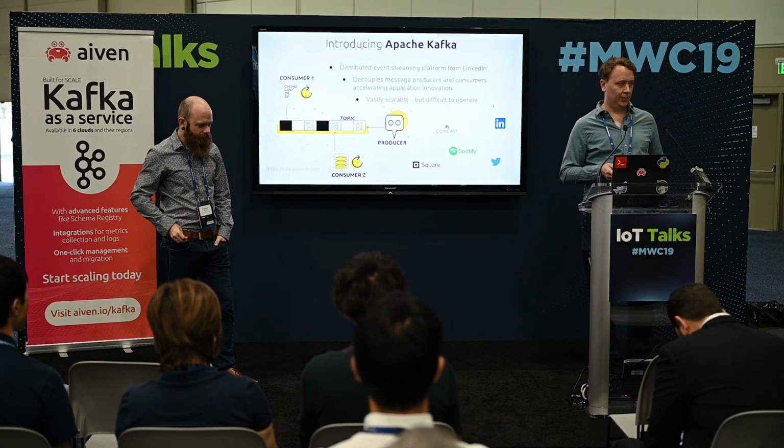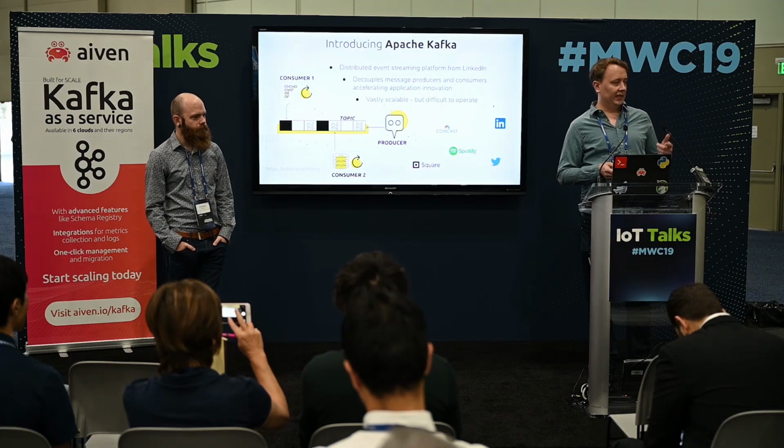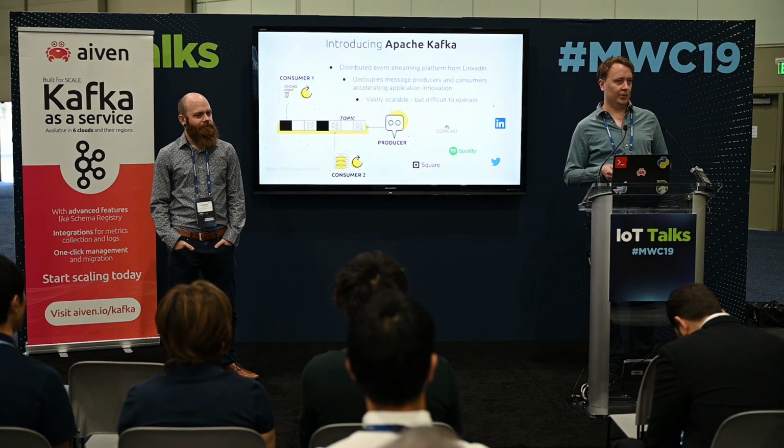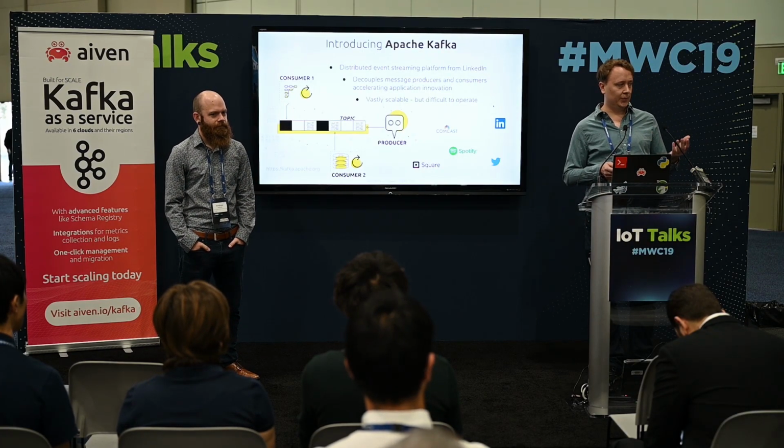The key thing that makes Apache Kafka suitable for these kinds of IoT use cases is the way it decouples event producers from event consumers. So producers in our example are all the sensors and devices in a home environment that must just send their readings and their events into a backend system running somewhere. But they shouldn't really have to care too much about what's going to use those events and what's going to respond to those events. So they just need to be able to efficiently and quickly transmit those readings to a